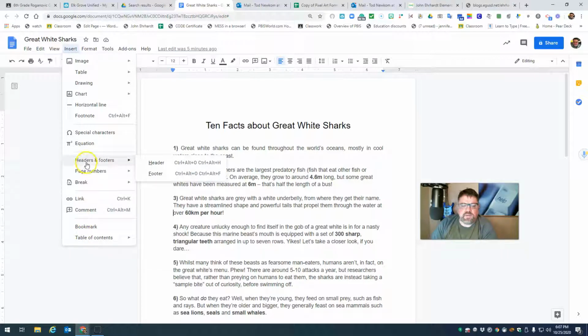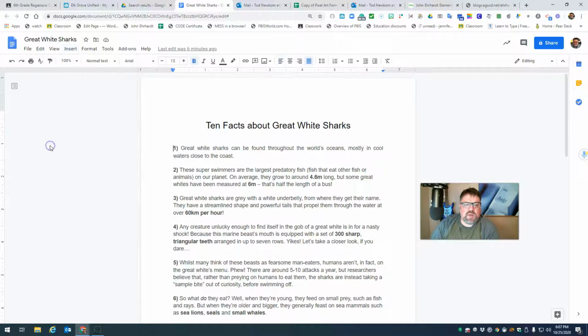I don't really ever use headers and footers. Special characters, I don't really use those. Horizontal lines, sometimes I insert a horizontal line if you need like a permission slip to cut here, and to tear off and put that in. Insert a link. So a lot of this I really don't use much, but I have a document here for you because we're going to do